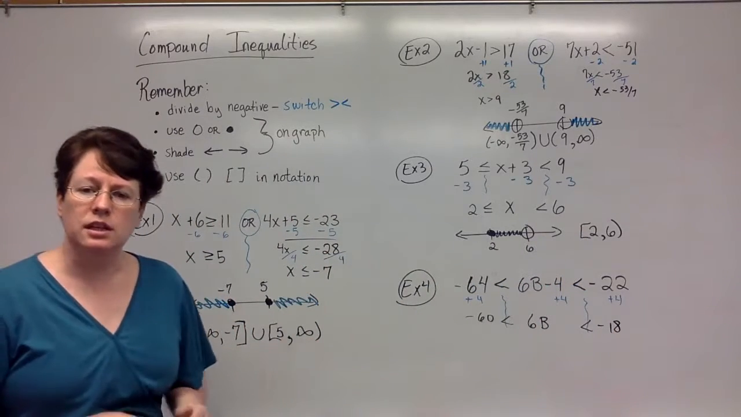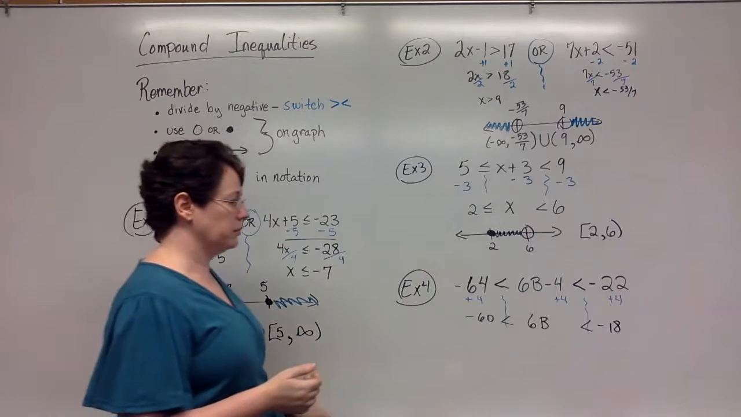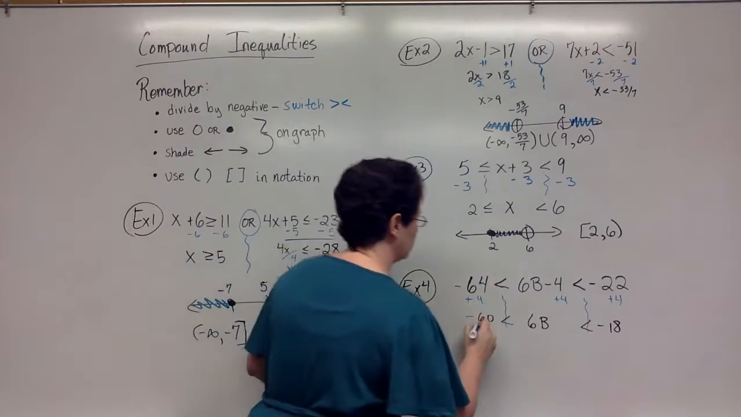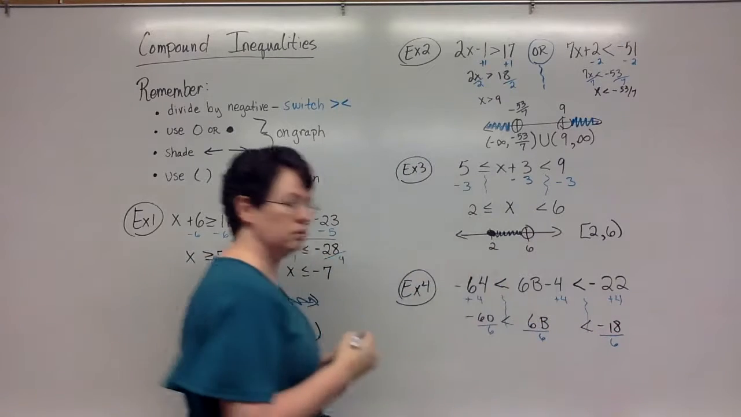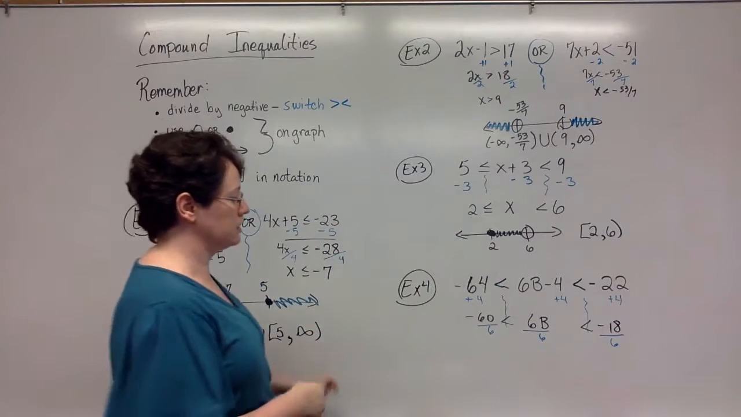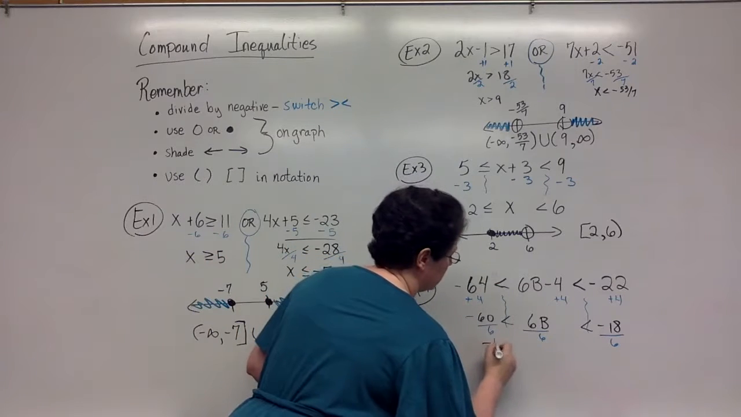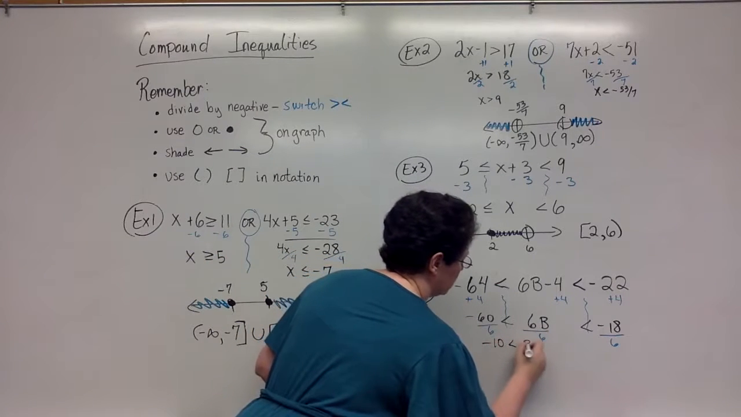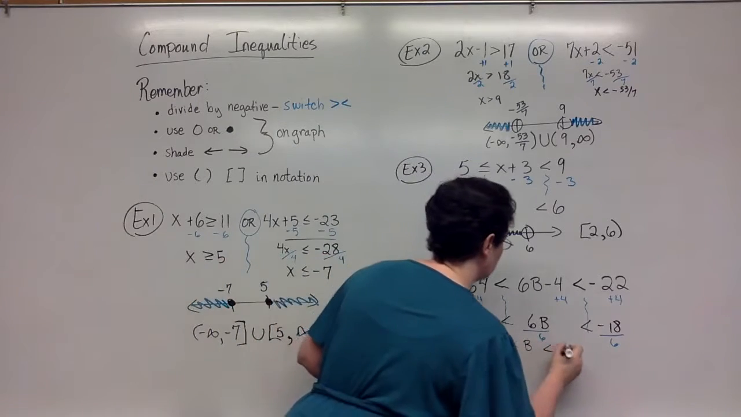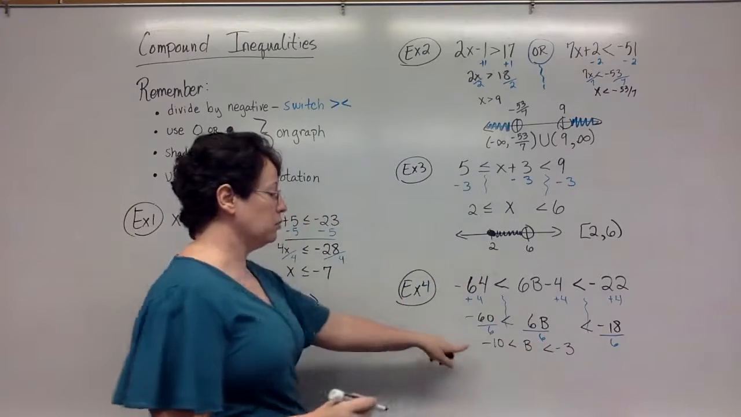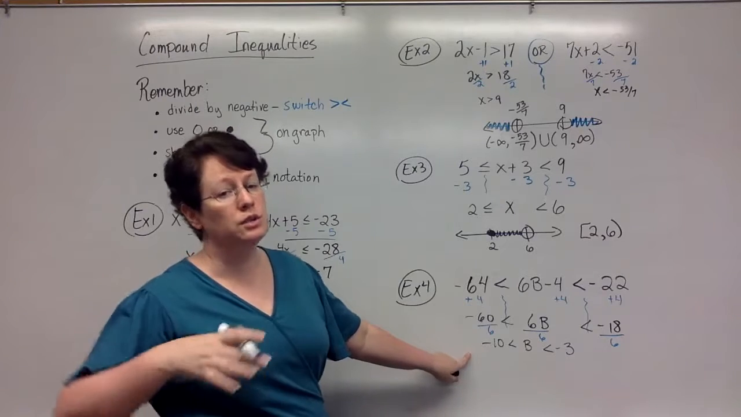But now I still have that 6. Well, that's okay. What do you do? Very good. We're going to divide by 6. All 3 parts divide by 6. So I end up with negative 10 less than b less than negative 3. Very good. You're ahead of me. You're like, well, Mrs. Booth, they're out of order. No. Losing $10